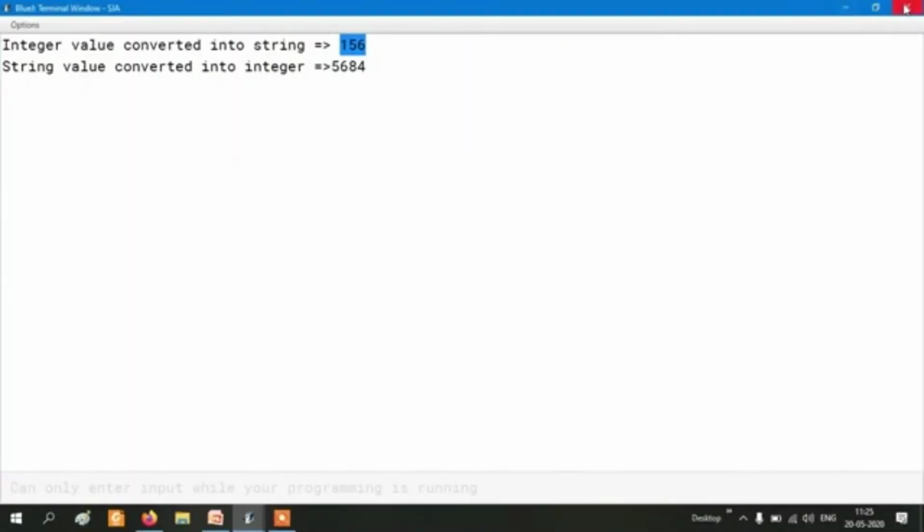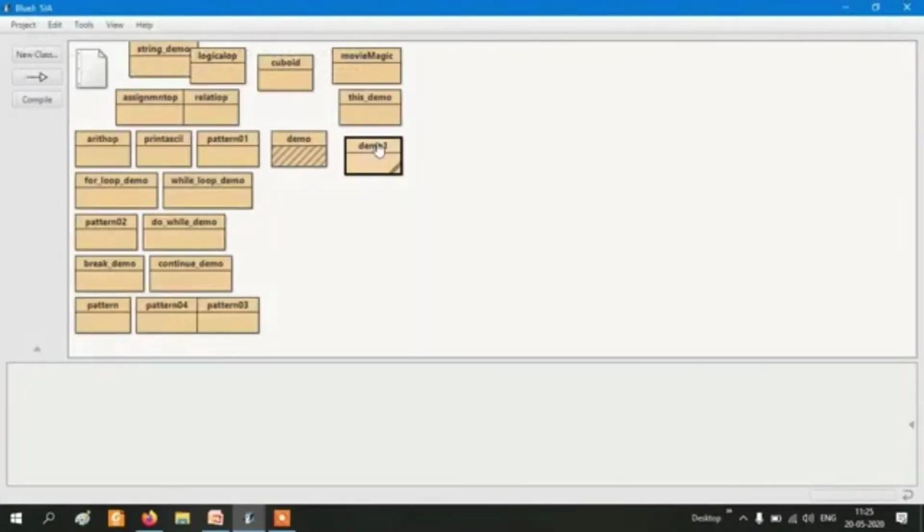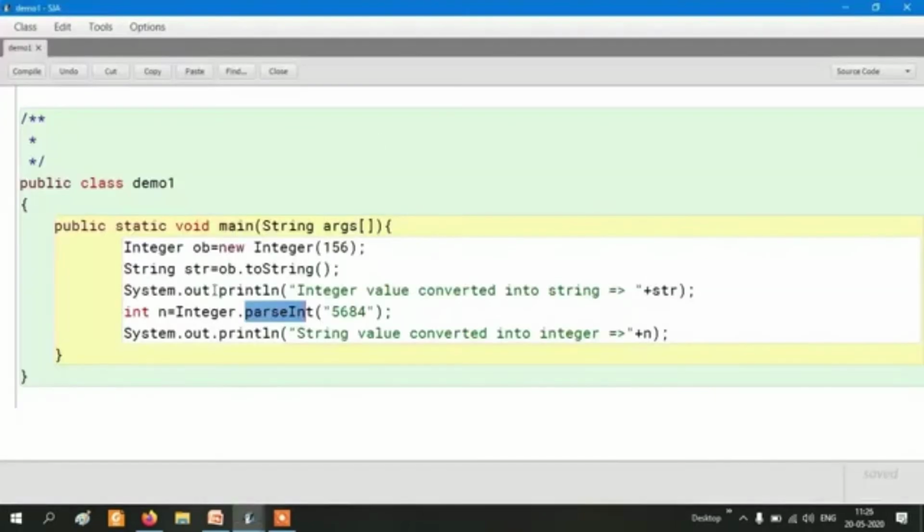Now let's, instead of integer, use the byte data type. So instead of Integer, let's write Byte. Here also Integer becomes Byte, and here instead of int it will be byte.